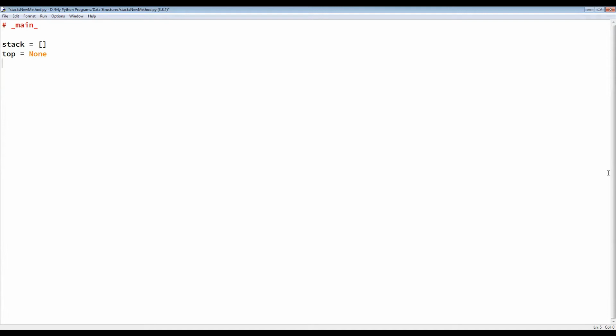So we have stack, top is equal to none, and we will be taking one item also, and let me write none there also. Choice equals 1, and I'm going to create the main structure of the program just like we did yesterday.